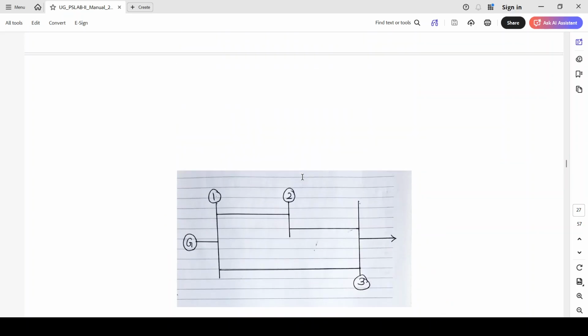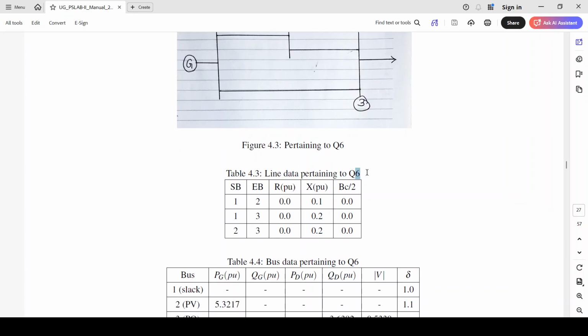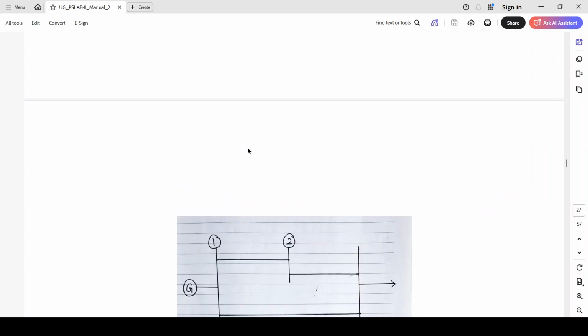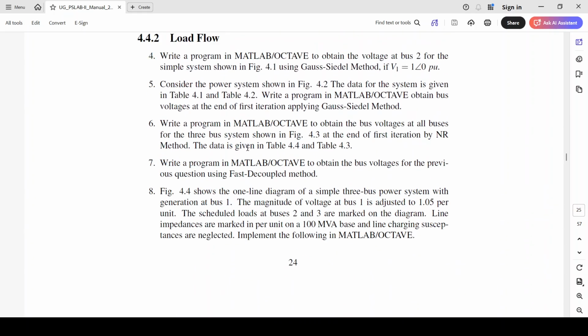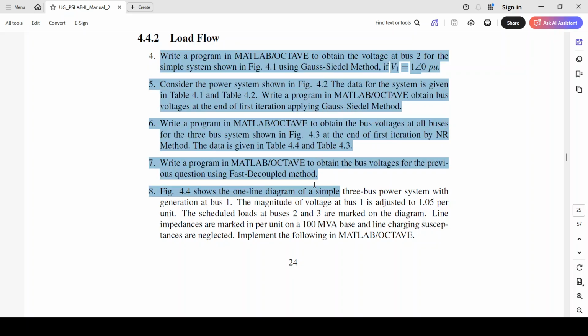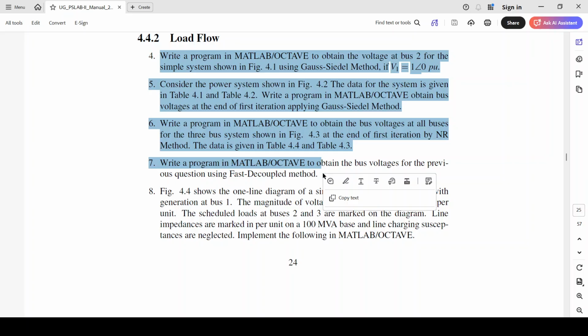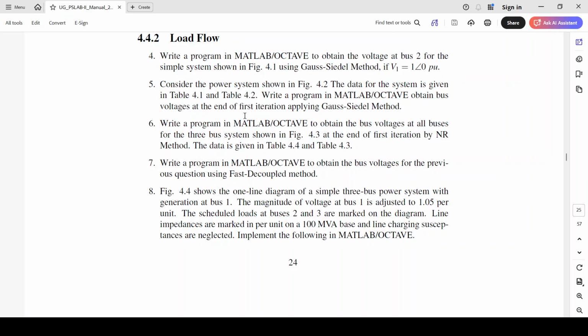Okay, there might be some minor typing typos here, but you can find out the relevant data for the question. The point is that questions number 4, 5, 6 and 7 implement load flow algorithms for very elemental power networks. 4 and 5 use the Gauss-Seidel method of solution, whereas question number 6 is the Newton-Raphson method of